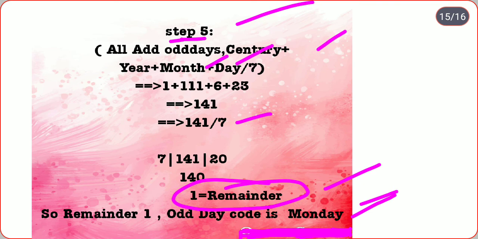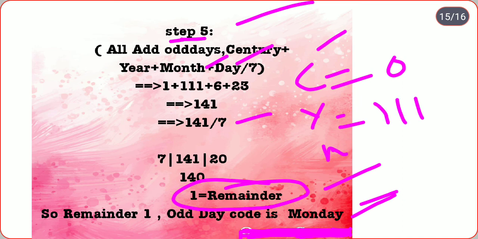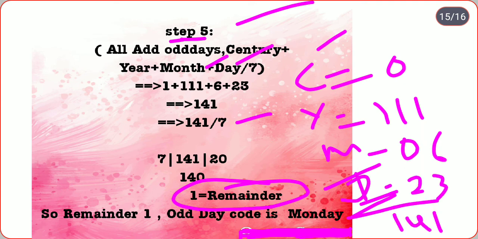Okay, are you understanding? This is the shortcut trick. Remember step 1, step 2. Compulsorily this type of question is given. Century odd days is equal to 1. Next, for the year, find 1990 divided by 4, that is 111 odd days. Next, month code: January 3, February 0, March 3, that is 6. The given date is 23. Total is 141. So do the calculation in your mind, don't waste time. Shall we go to the next page?